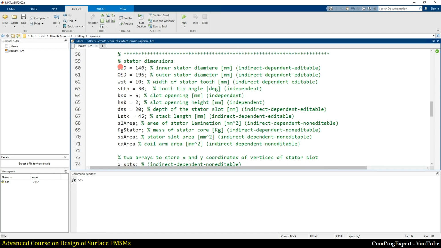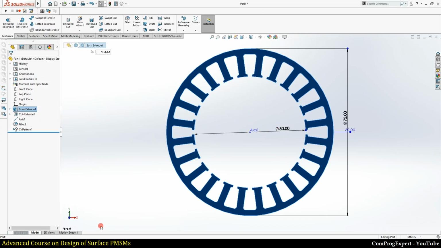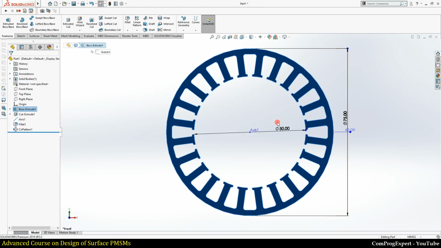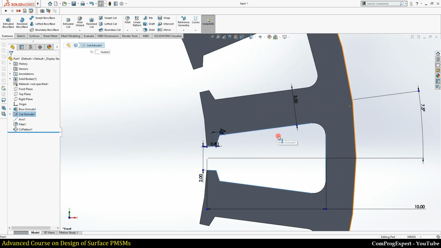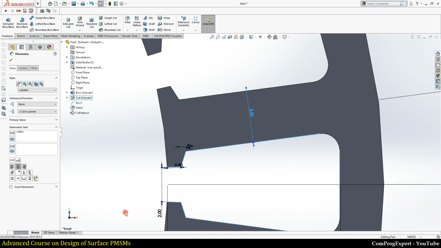Here are the parameters related to the stator core. So the inner stator diameter is 55, I think we said 50 here, and the outer stator diameter is 75. This is the width of the stator tooth, that is 3 here.